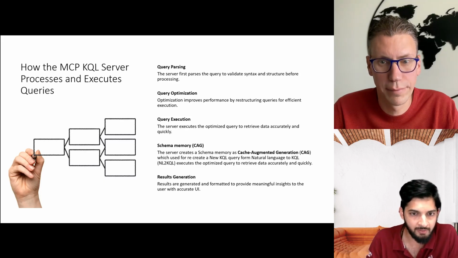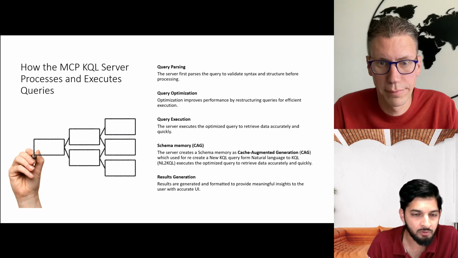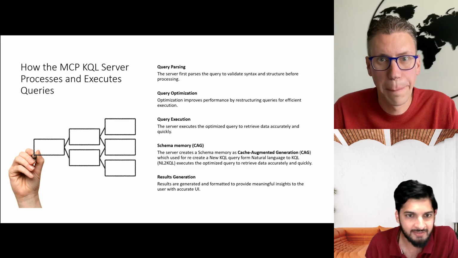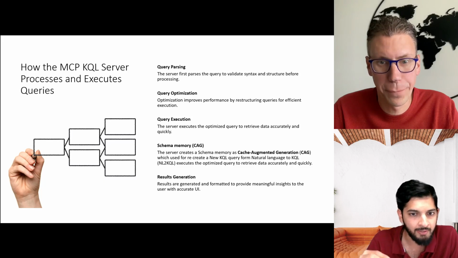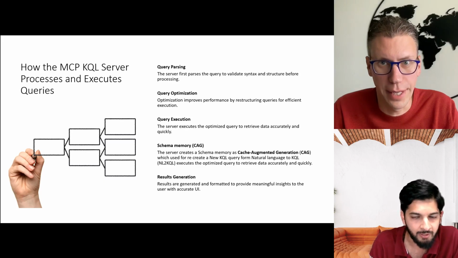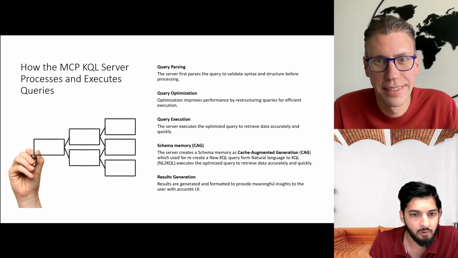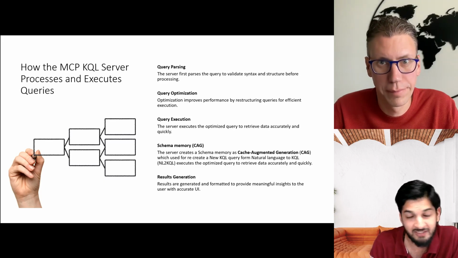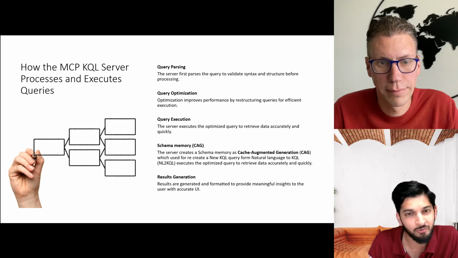That is the main module which helps the LLM provide the proper context in the proper format, so that the LLM can create actual Kusto queries from natural language. That provides more accurate results, with the queries mostly, like 80 to 90%,